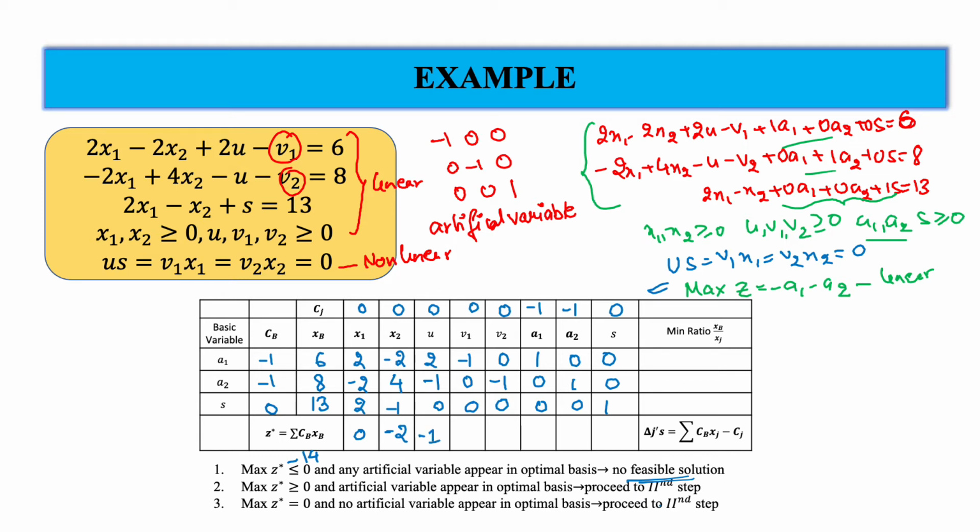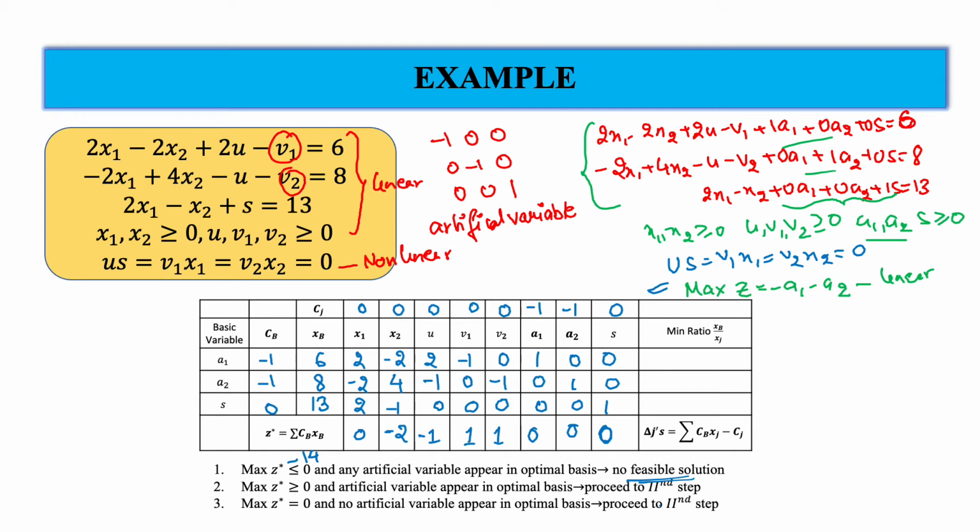This row is 0 for all of the calculation, so -1 into -1 is +1, 0, 0, so it is 1. Again for this it's 1, -1 into 1 is -1, then minus cj, which is -1, will become +1, so this will be 0. Again this will be 0, and this whole term is 0, and this is also 0, so these are 0. Okay, now we will either enter